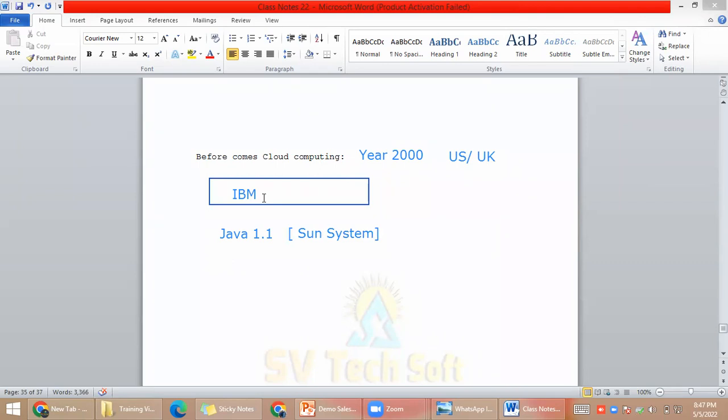This IBM company doesn't have this particular Java software. This company has invested some lakhs of money to purchase the particular software. Sun Systems people will come to the IBM location and fix all the software on their company premises. IBM needs to allocate space, and some system configuration needs to be taken care of, correct or not, to maintain the particular software. This is what happened here in the year 2000.